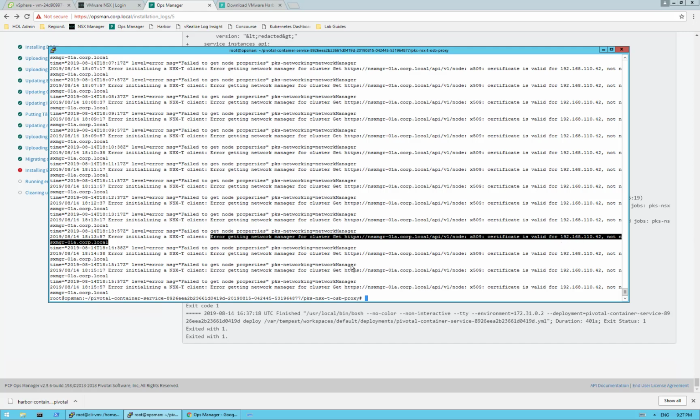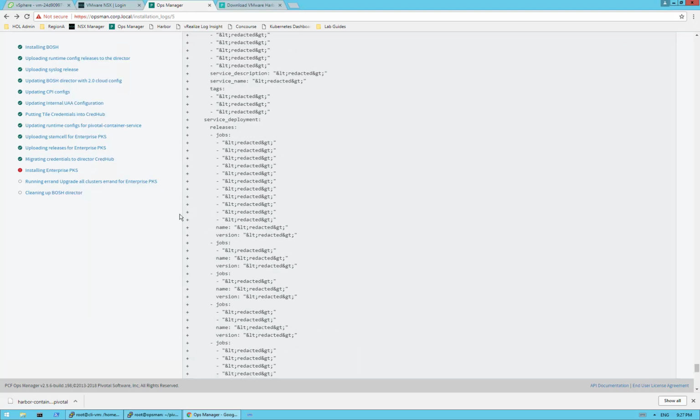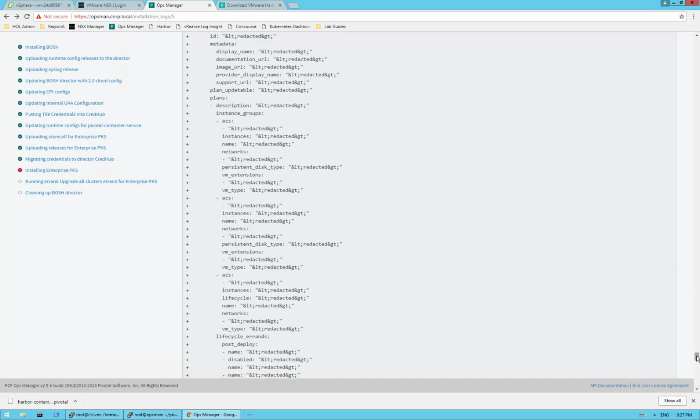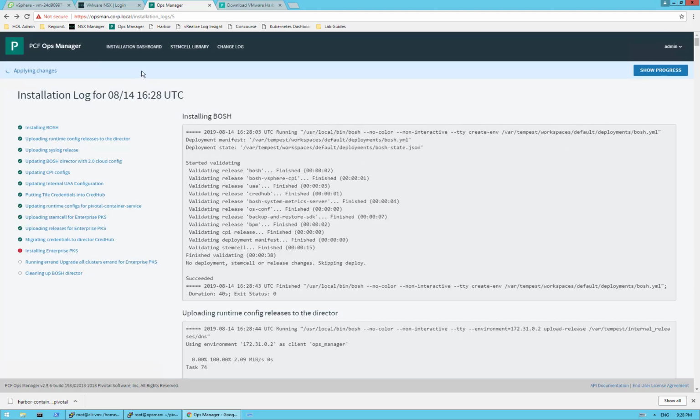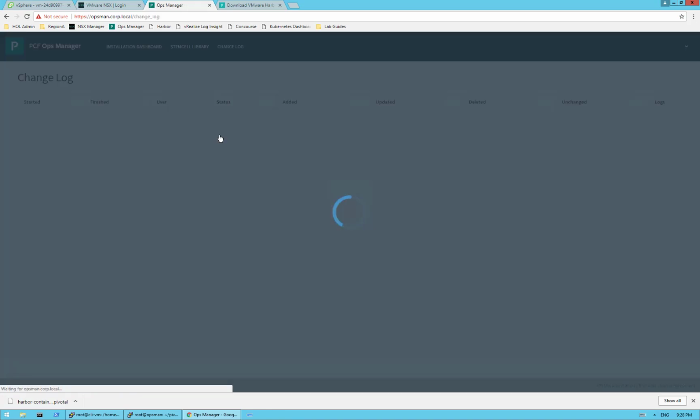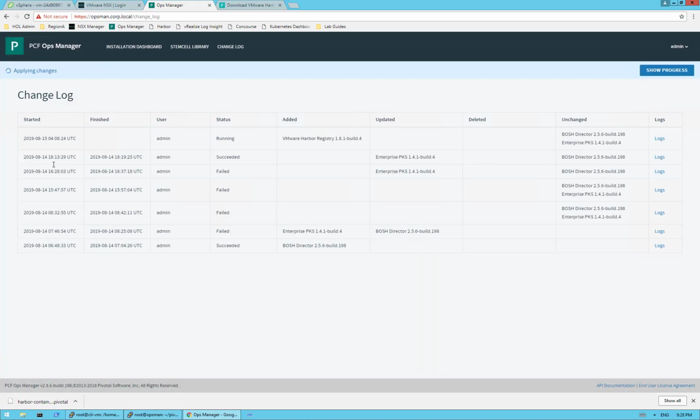So the resolution in this case, if we scroll back up here, I've already actually resolved this issue. I'll show you what I did. We can go into our installation dashboard here. Actually, I meant to say change log. And we can see here that I had a PKS deployment that failed, and then afterwards I had that PKS deployment succeed. And the difference in the change that I made there, if I go back to the installation dashboard,